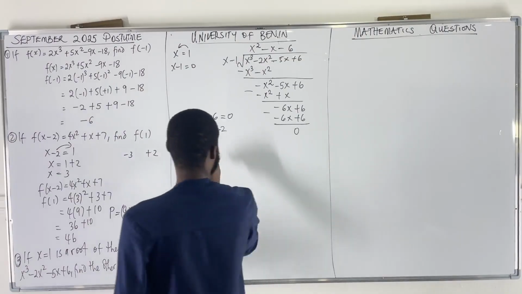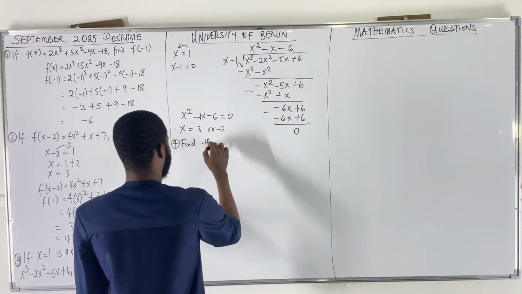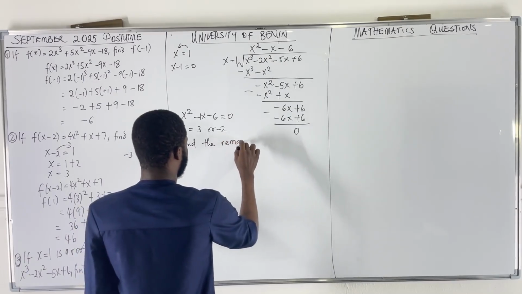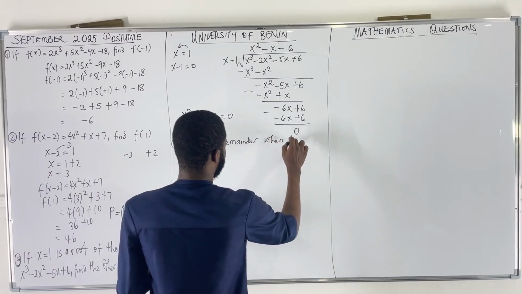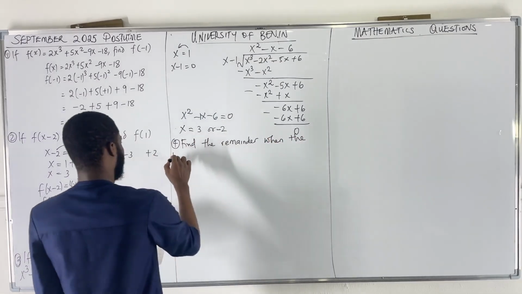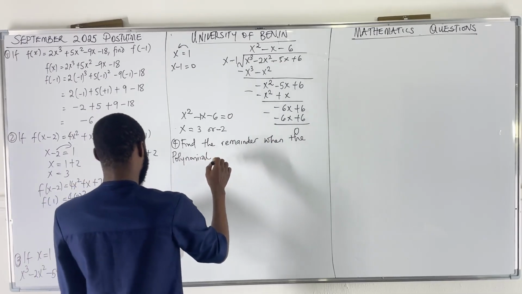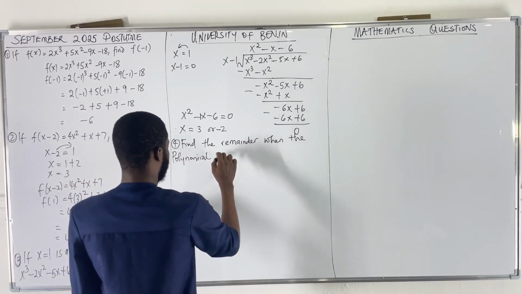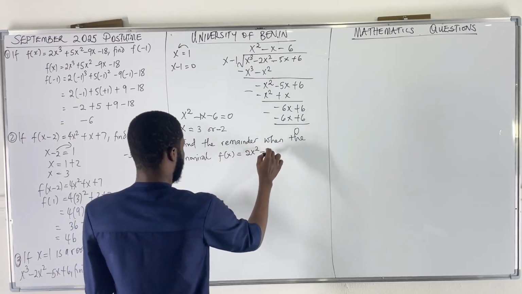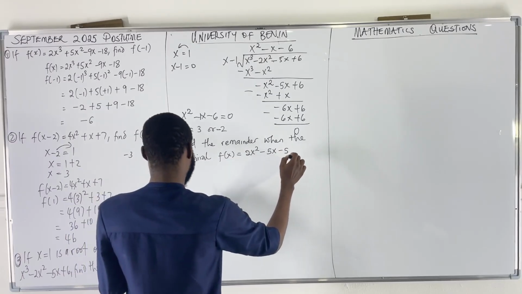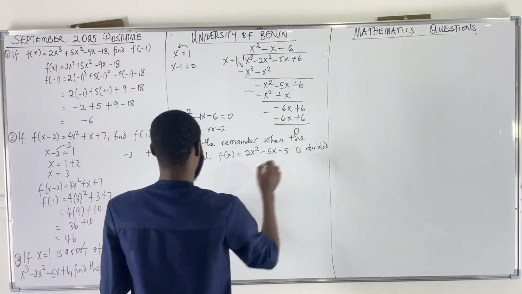This one is easy. Find the remainder when, this one is basic for JAM, the polynomial f of x equal 2x squared minus 5x minus 5 is divided by